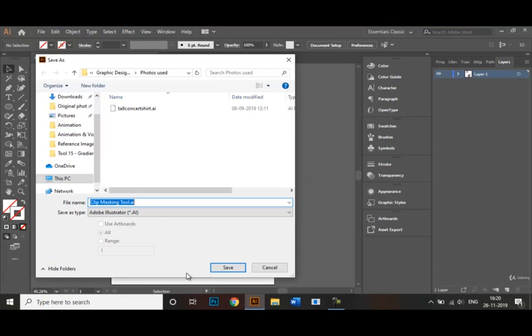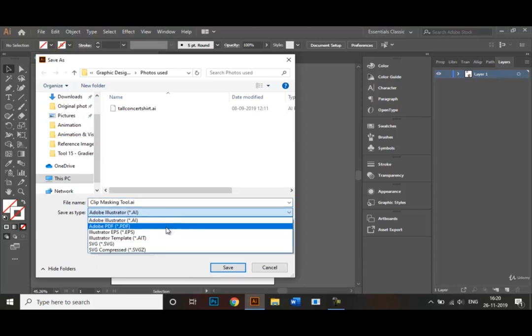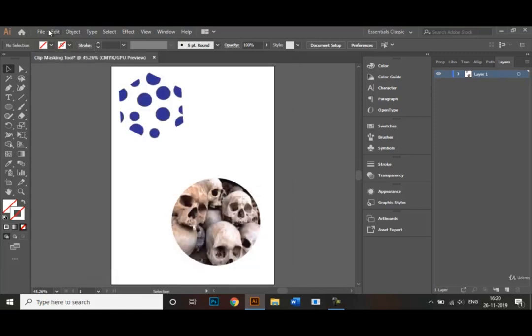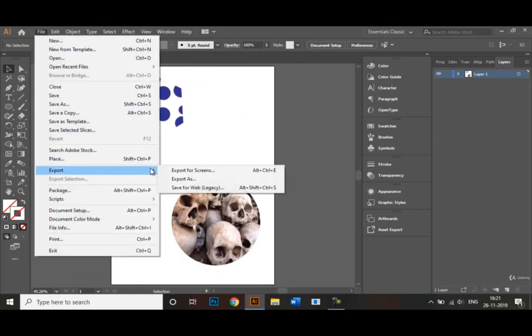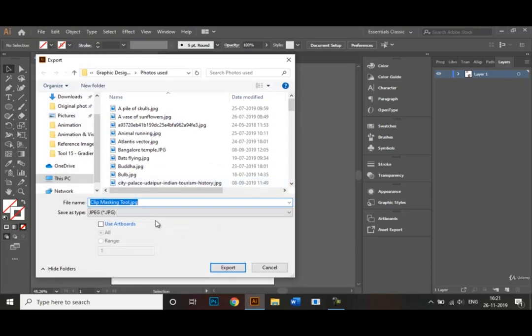So once that's done, you can further save your document in different formats such as a PDF or JPEG. To save it in a PDF format, you just click on this Adobe PDF option right here and then just click on Save right here. Right. But if you want to save it as a JPEG format, you go to File, Export, and Export As. Again, by default, our document will be saved in an image format, in this JPEG format, and we click on Export,